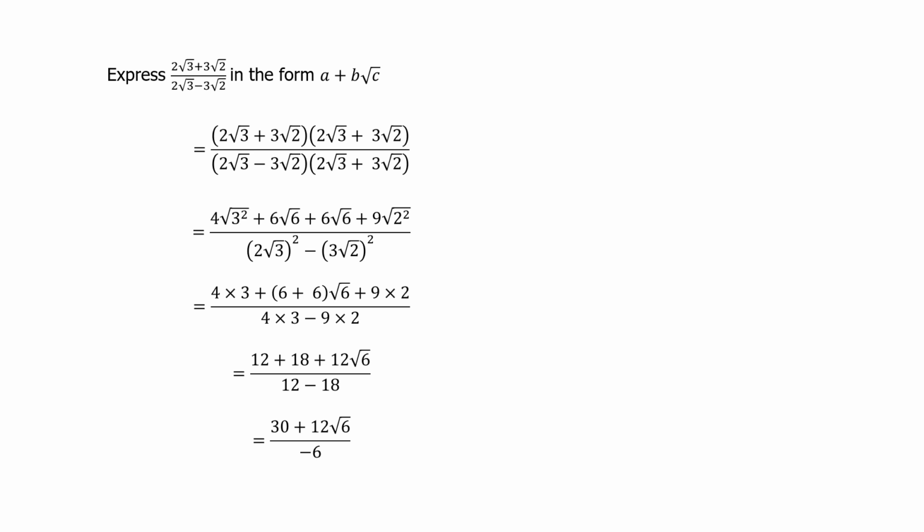Then in the denominator we are having a negative 6. There is also a factor of 6 in the numerator. We factorize it out, like here on the next step, to have the 5 plus 2 root 6 there. Then the 6 here is going to cancel out with the negative 6 there,